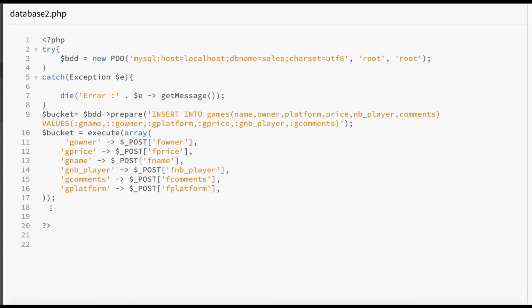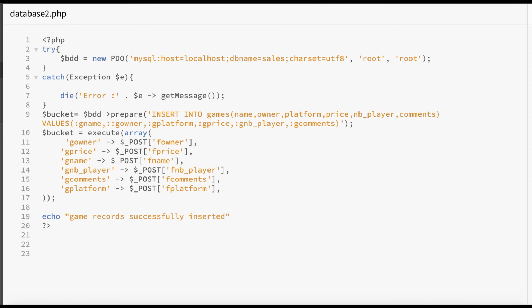It is an instruction, so I put my semicolon, and then I can echo my message: game records successfully inserted.